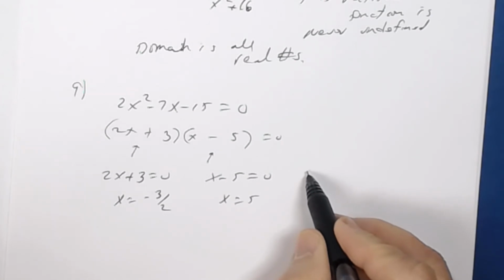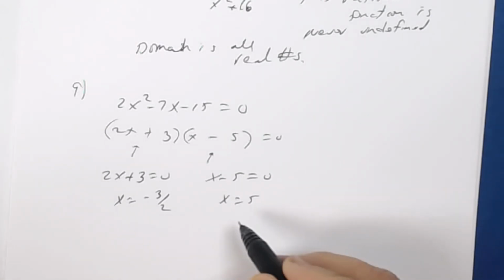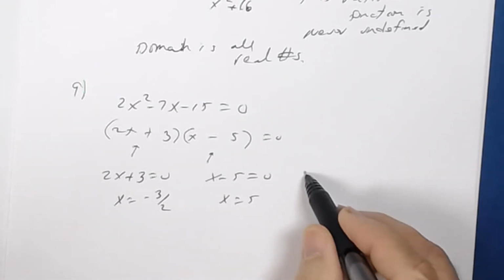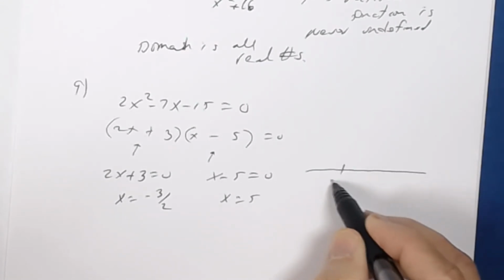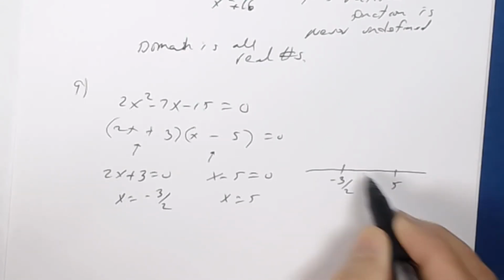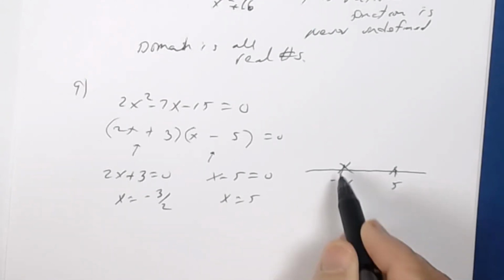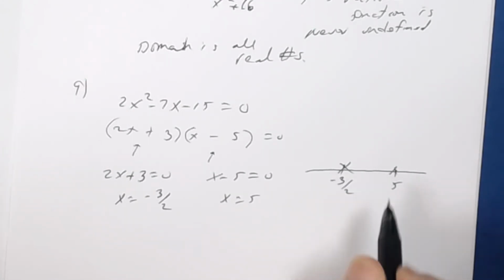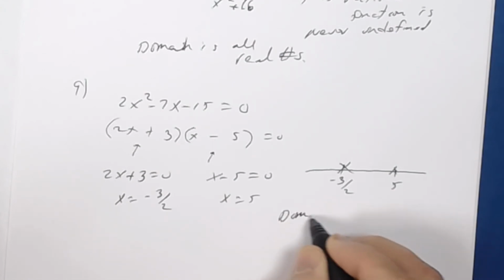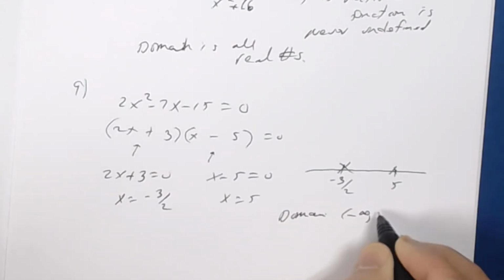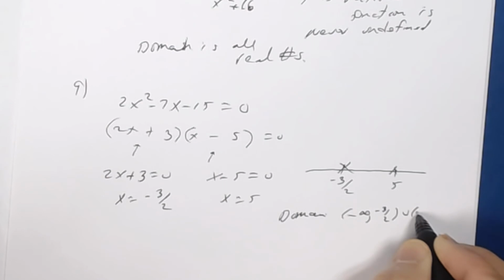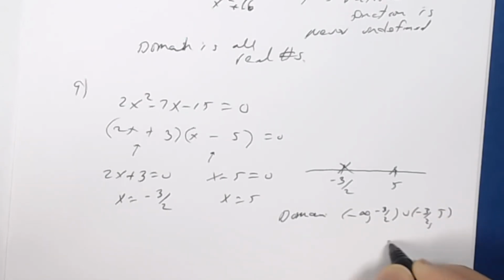And so what I found was that my domain would be any real number except those two. If I put that on a number line in order, negative 3 halves, 5, and I cross those out, then my domain would be those three intervals, not including these two numbers. So my domain would be negative infinity to negative 3 halves, union negative 3 halves to 5, union